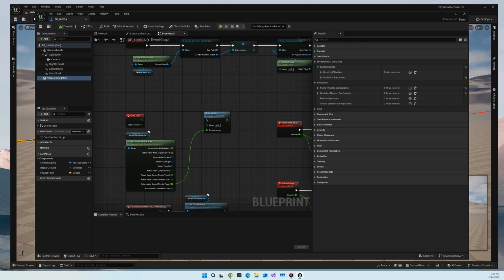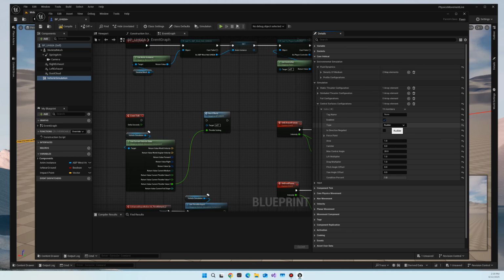So the first control surface I want to do is going to be the elevator, and to do that, I'm going to use the control surface configurations here so that we can create an elevator with variable pitch. So I'm going to create this. I'm going to make it an elevator. I'm going to negate the direction. And by negating the direction, it'll allow me to sync this with the prop pitch that we're doing on the main rotor. We need to give this a location, so I'm going to put this location on the rear elevator